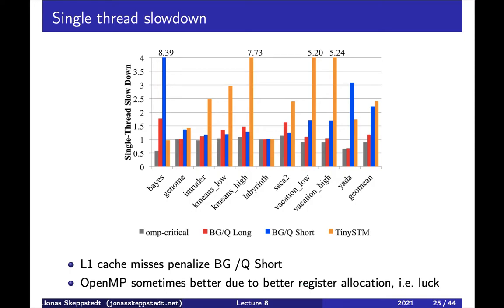We will now look at running the applications with the different systems with only one thread. And doing that, we'll reveal the overhead inherent for one thread, obviously. Okay, so